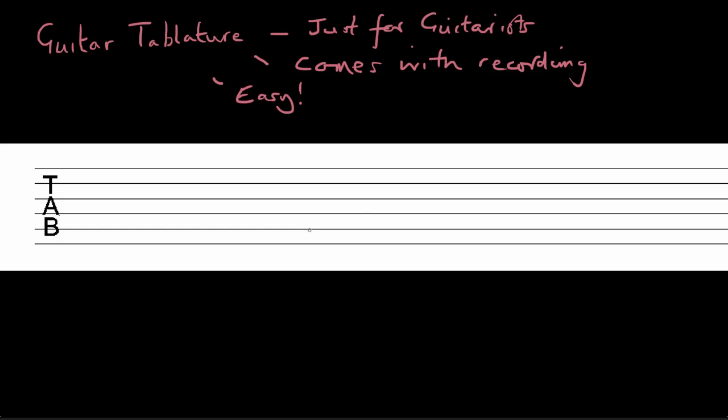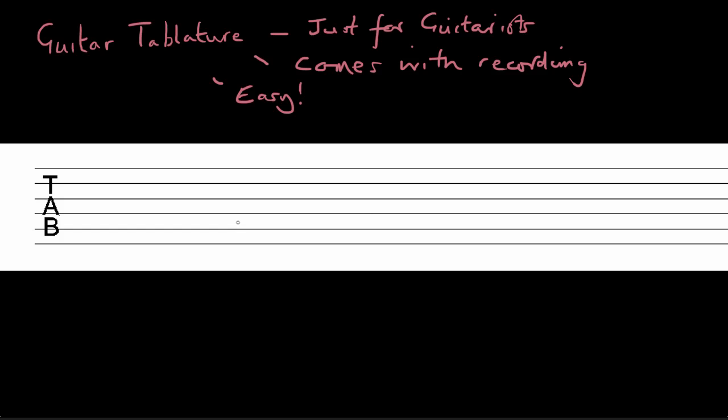Well, if we have a look at this example here, this is our tab staff, and it does make a staff. It's lines and spaces, just as we've seen before, but there are some quite important differences that we need to learn about if we were to read guitar tablature. One of the first is how the lines and spaces relate to the instrument. We saw before that each line and space was a letter name, and we can learn to read music for the piano or the flute just by learning to read how these lines and spaces match on to letter names. With guitar tablature, it's a bit different.